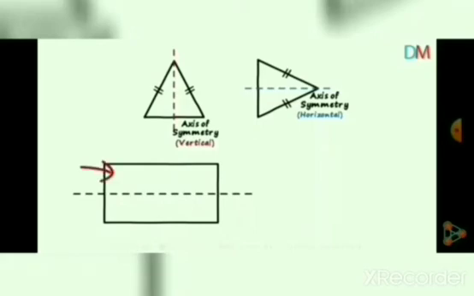When we draw a horizontal line and fold it, it can be folded exactly onto the other part. And when we draw a vertical line, it also folds exactly onto the other. So a rectangle has a horizontal line of symmetry and a vertical line of symmetry also. When we draw a diagonal line and overlap one part onto the other, they will not match exactly. You can take a paper as an example and see that they will not match exactly.